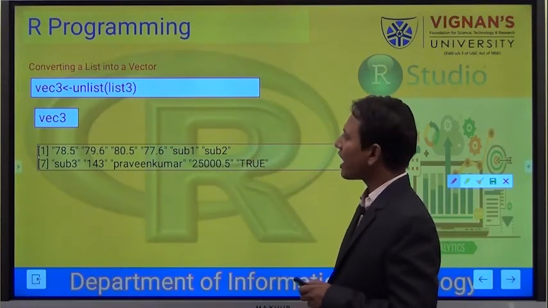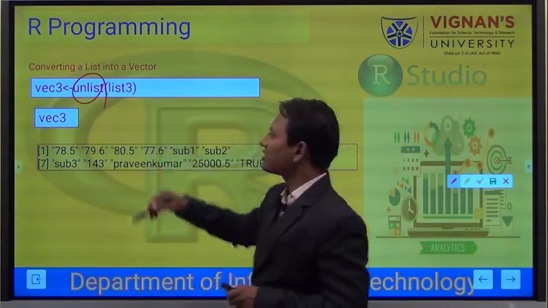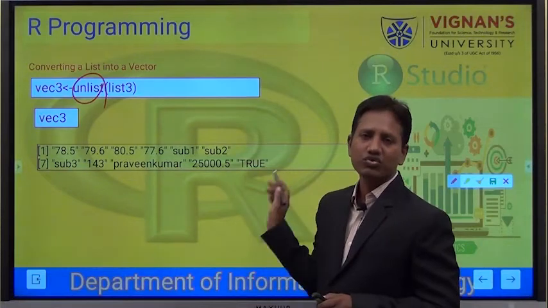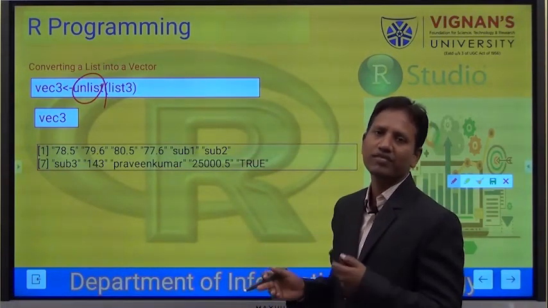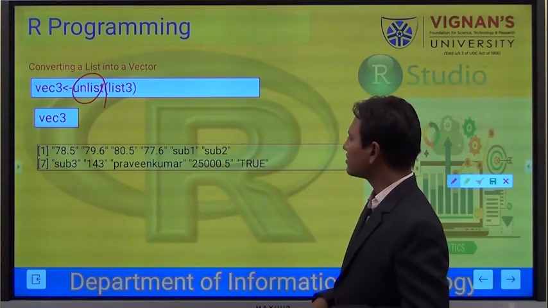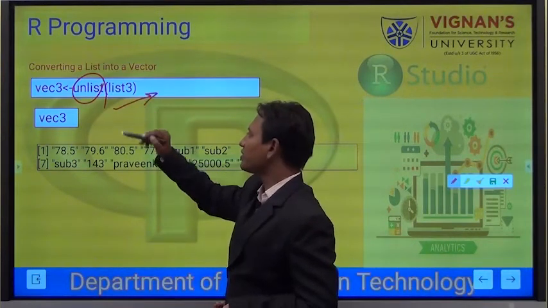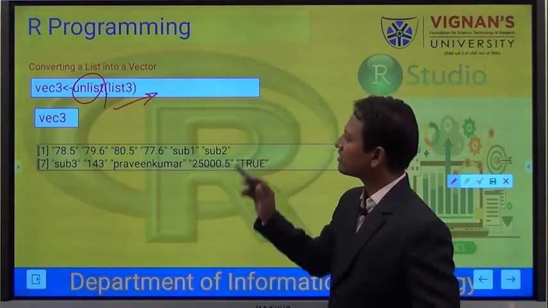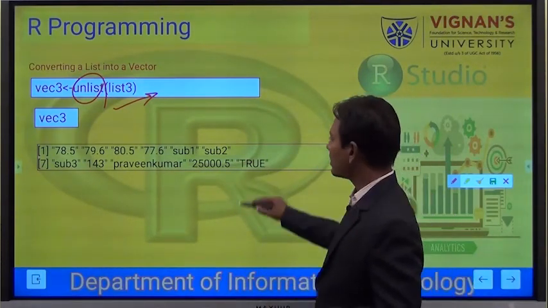We have a function called unlist, and if you pass the list to this function, the list is going to be converted into a vector, a homogeneous type. In our case, list3 is passed to unlist, and that is stored in a variable called vec3, and the output is going to be in this manner.